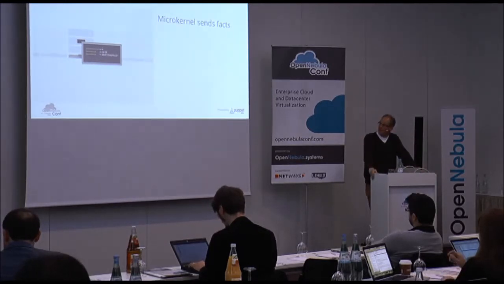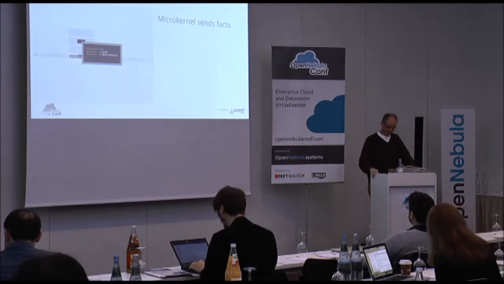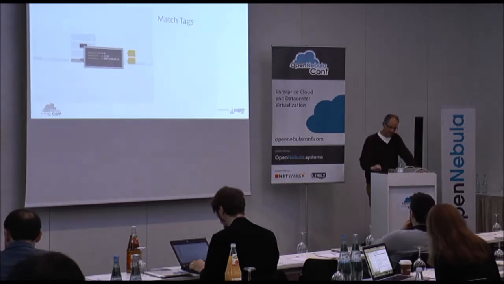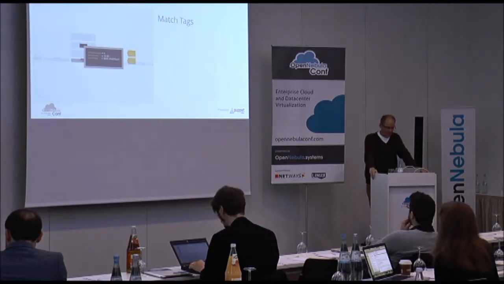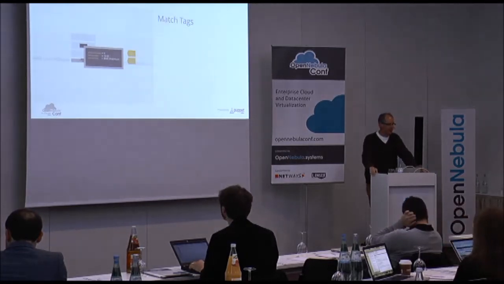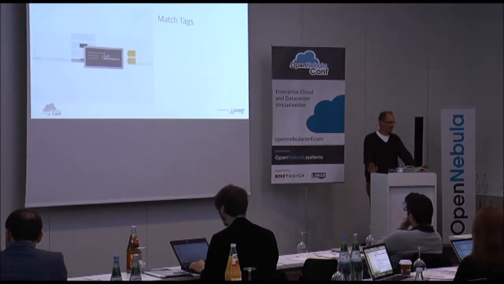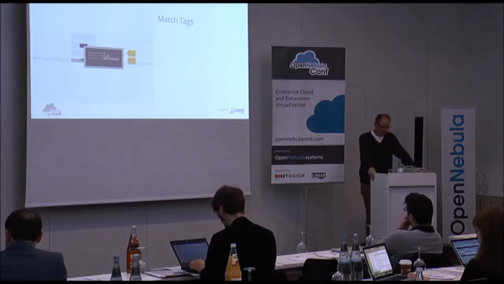You can also extend this fact gathering process to figure out things like, this machine is plugged into this switch, or it's at this position in a rack. And then based on all that information, you've set up rules and tags. We go through those facts and figure out which of those rules you set up. Machines with more than 8 cores should be called large. Machines with more than 64 gigs should be high memory or whatever. Machines that are in the bottom of the rack should be labeled bottom of the rack.